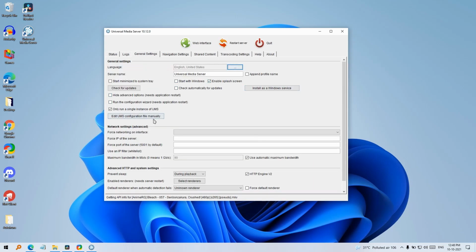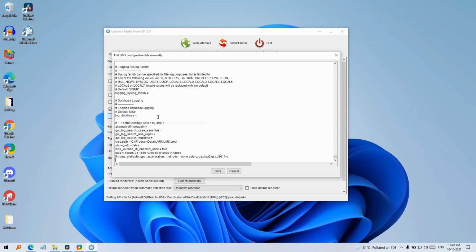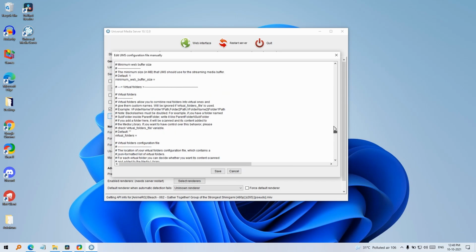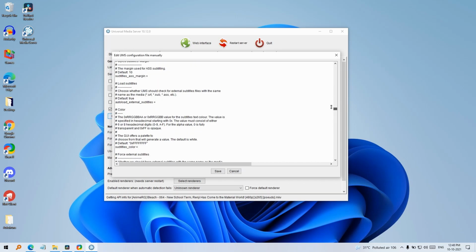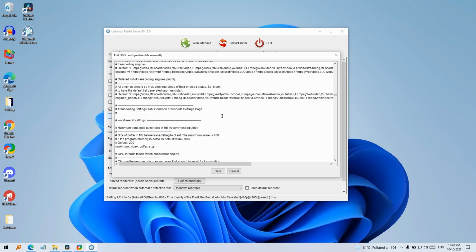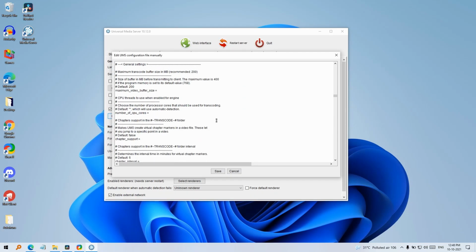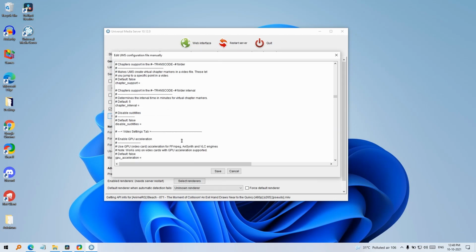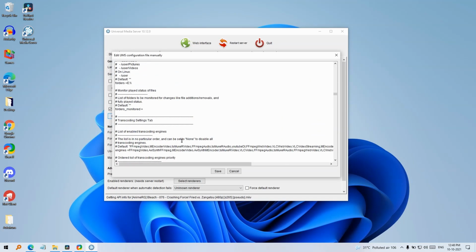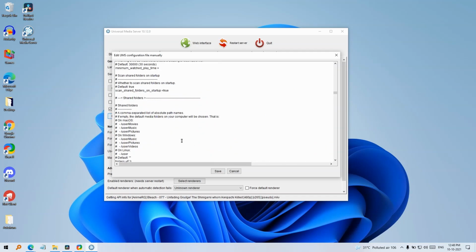settings, edit the UMS configuration file manually, and scroll down towards the section which says transcoding. There it is, the transcoding setting. So in general settings, we will look for an option called skip transcoding.